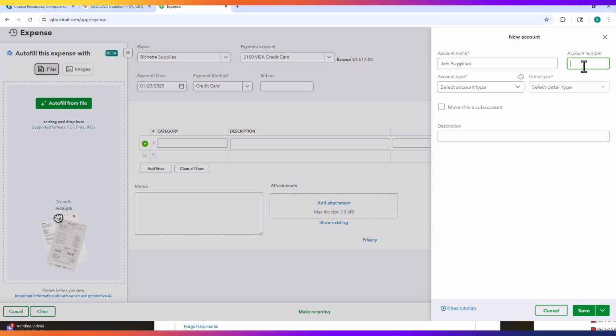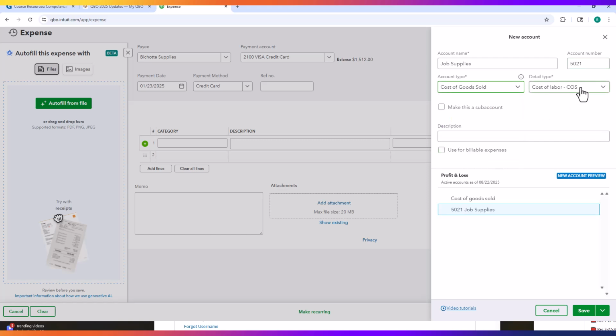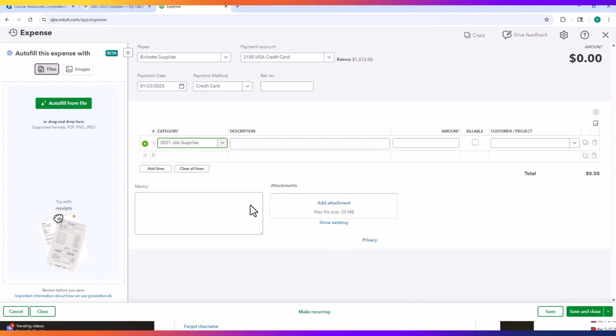And the account number is 5021. The account type is going to fall under cost of goods sold. And then the detail type is supplies and materials cost of goods sold. And that's all the detail we need to enter. So we're going to save the account to the system, and then the account shows up here in the category